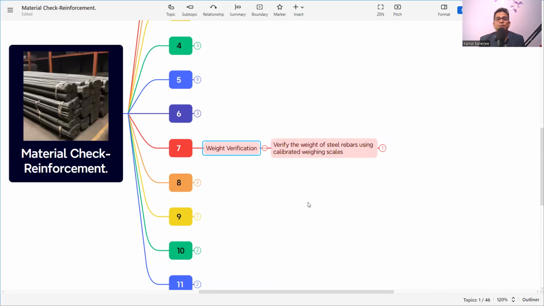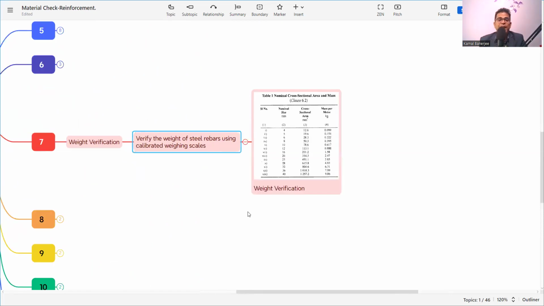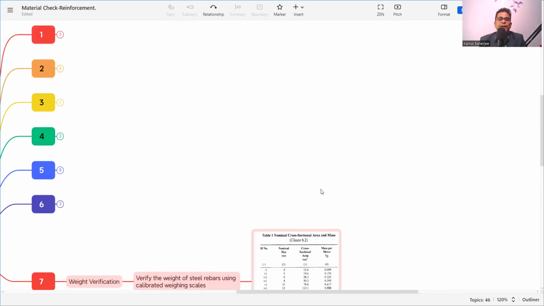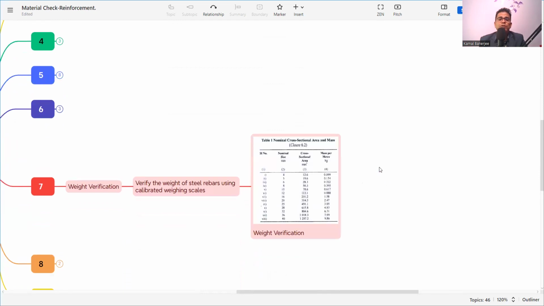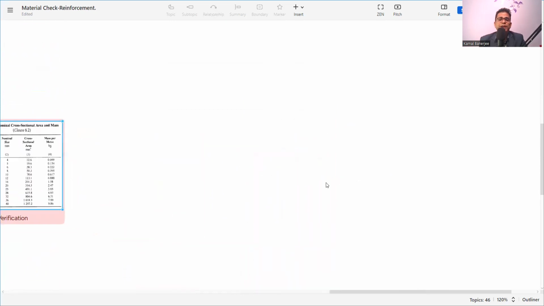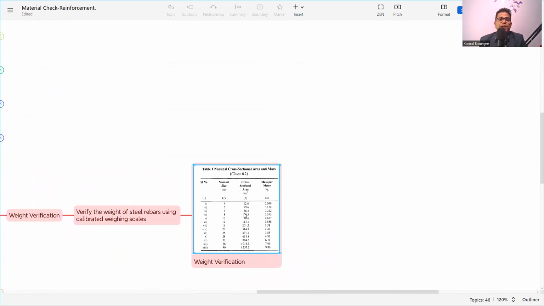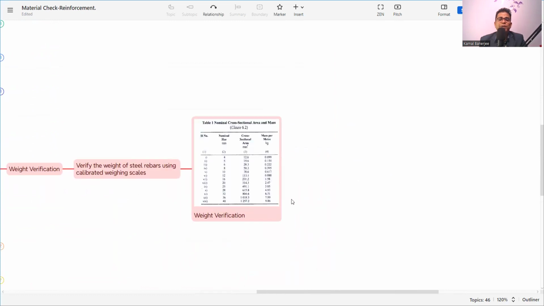Then weight verification. It is very much important to verify the weight. Verify the weight of steel rebar using a calibrated weighing scale, not any other things. We need to always use a calibrated weighing scale, and this should be within the specified date. It should not expire. And also how to verify, there is also our IS code. In the IS code, it is mentioning the nominal cross-sectional area and mass. That we need to check. See, in every diameter, 4, 5, 6, 8, 10, everything is there. And accordingly, we need to check what is the cross-sectional area and mass per